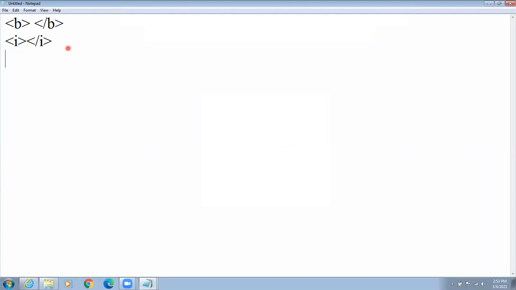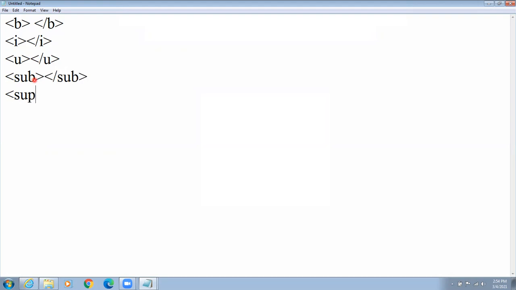Next, the U tag. It will display text with underline. U is closed like this. Next tag is the sub tag. Sub means subscript. It displays text in subscript. For example, if you want to write log to the base 10, that is subscript. So for subscript, use the sub tag. The sub tag is closed with /sub.